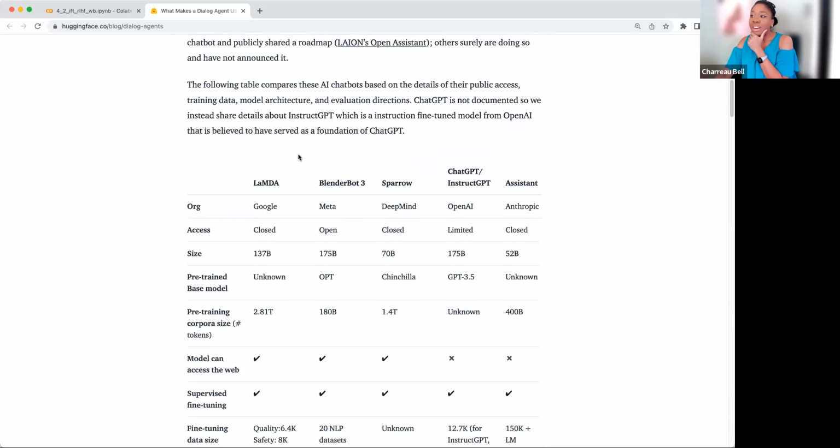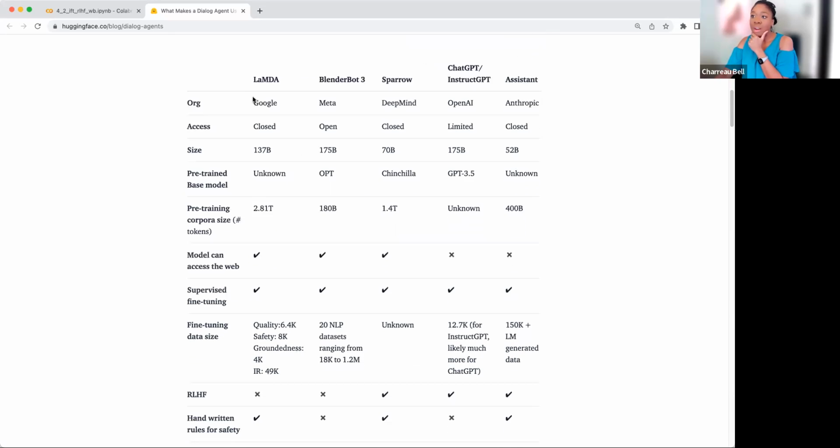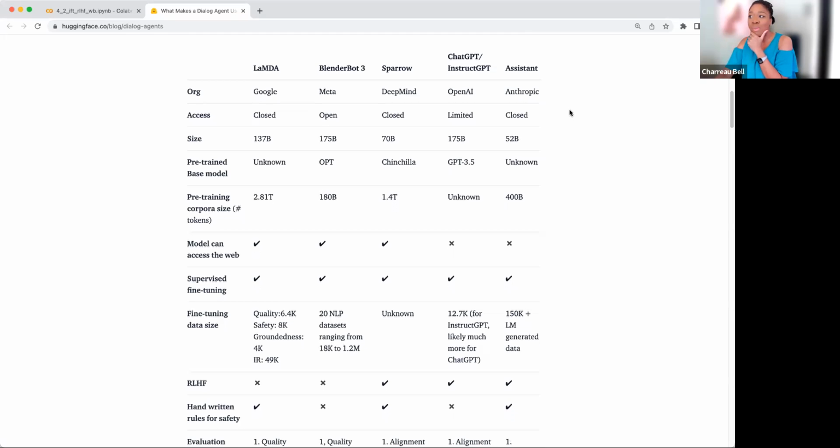So one, we saw that there were a number of models that were available, or would be available even at that time. And this table tells us a lot about how they were trained. But the article tells us even a little bit more. So we can see here that we have these different models by these different organizations, how they're accessed, and their general size. Take a look at that, because some of them are bigger than others, but we can look at how that affects the performance at some other time, and it's also kind of in the model cards.